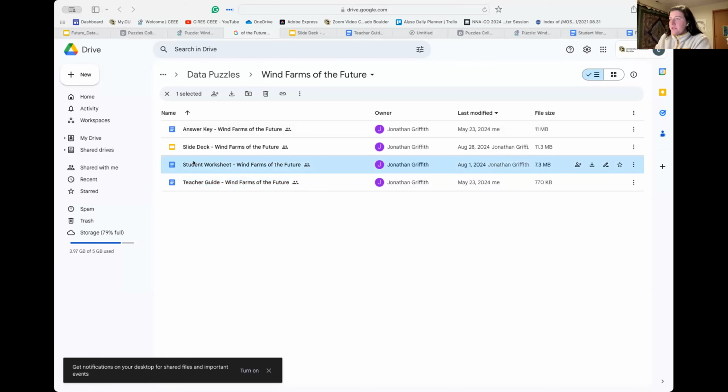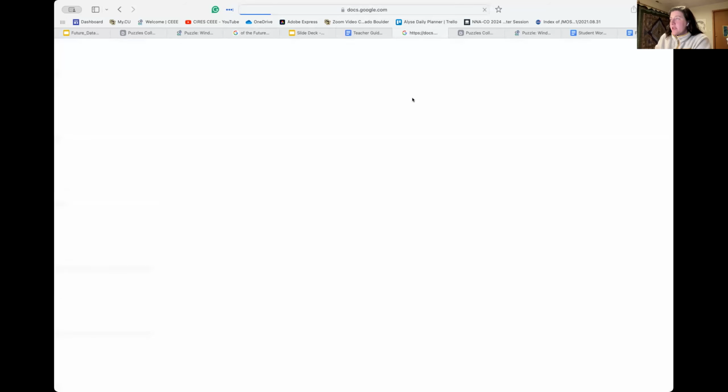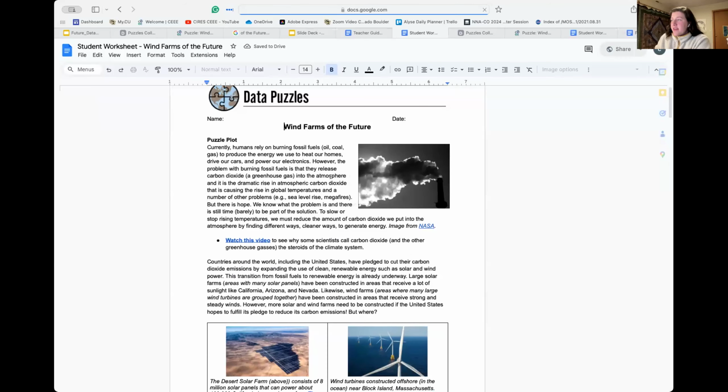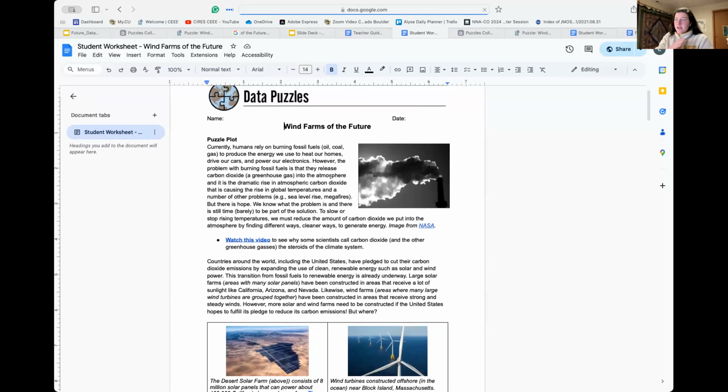And then here's the student worksheet. I'm just going to open that really quick. I just wanted to point out that there are pauses in the student worksheets, and so we have videos linked in there. If you are a teacher who likes to give your students digital resources, they could watch the videos directly from here. If you were to print it out, you may want to make a copy and take these out.